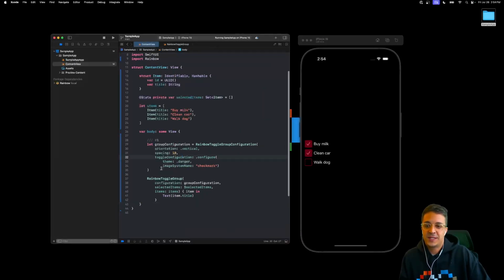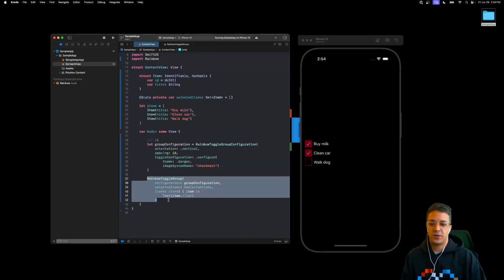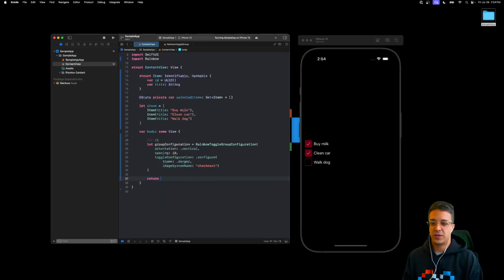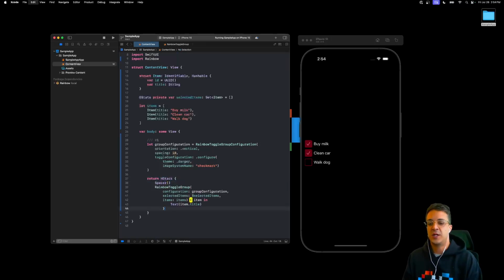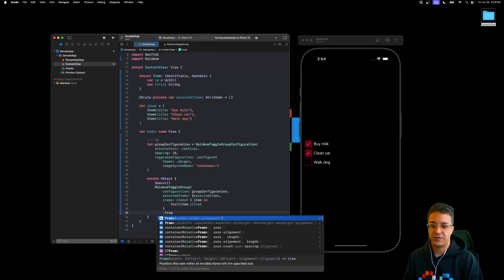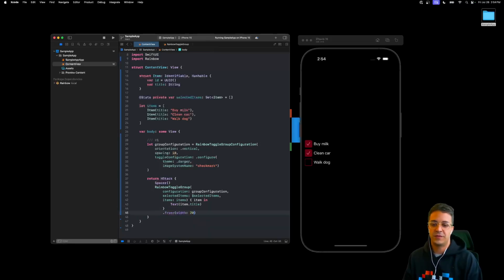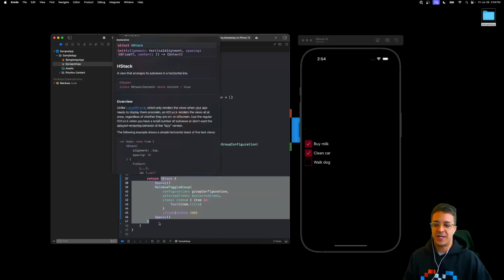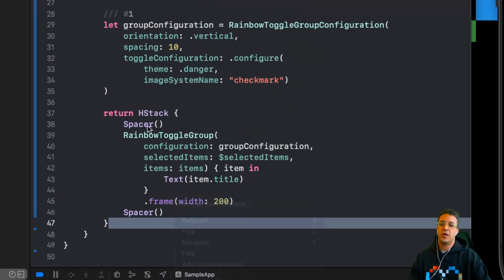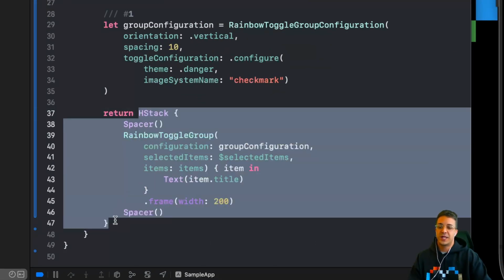but it's not looking exactly how we want. So why don't we make this a little bit cleaner, and we will say return in HStack, and we'll put a spacer on the leading side. We'll put our toggle group with a frame. We'll say a width of 200, and then we'll put a spacer on the trailing side. We also want to jazz this up a little bit in the sense that we want to be able to print out those selected items once they've been selected,